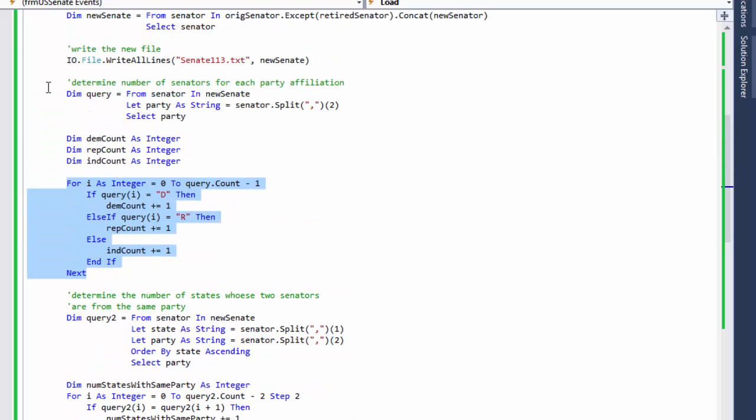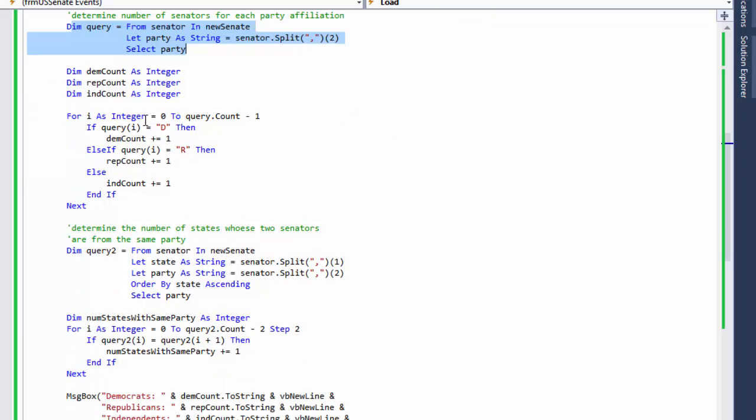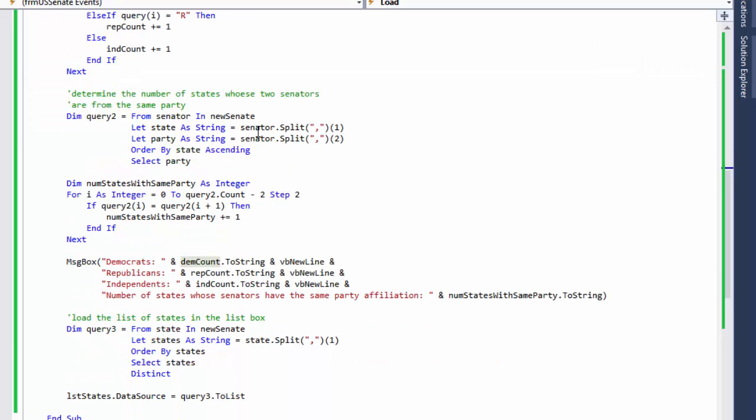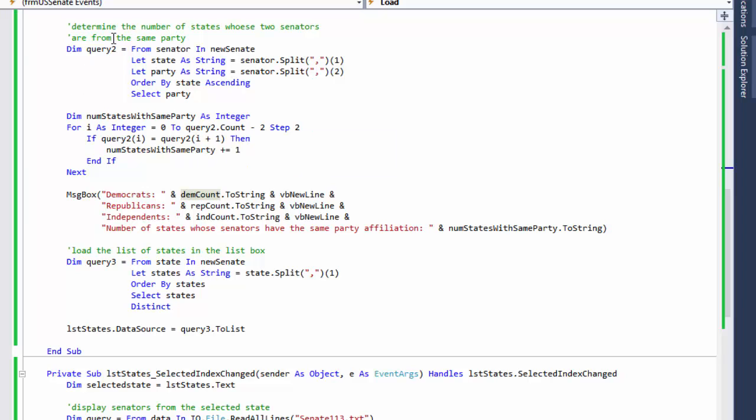Then we did the query to return all the parties, the R, D, or I, and then we looped through all of them and we did an if statement to check whether the line contained D, R, or I, and then we added to the running total for each Democrat, Republican count, or independent count. After that, we determined the number of states whose two senators are from the same party. In order to do that, we queried from our